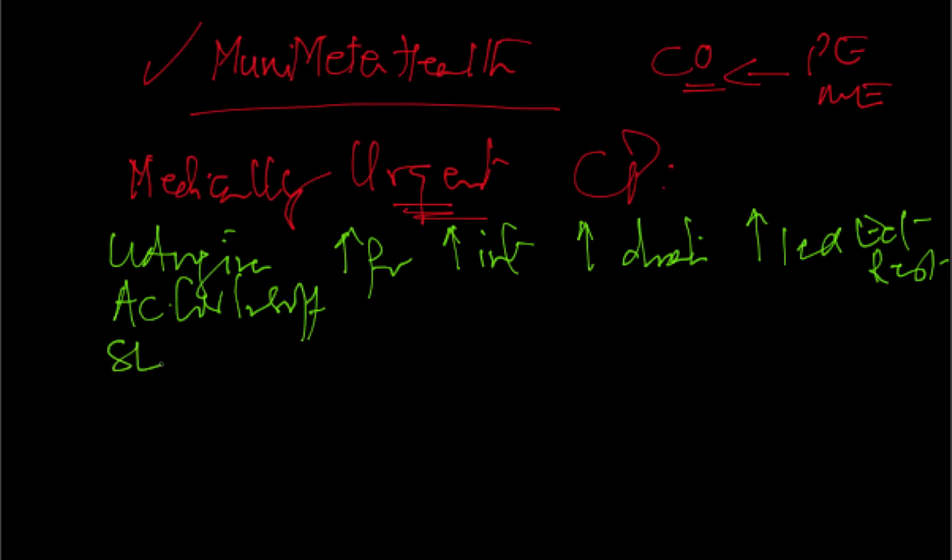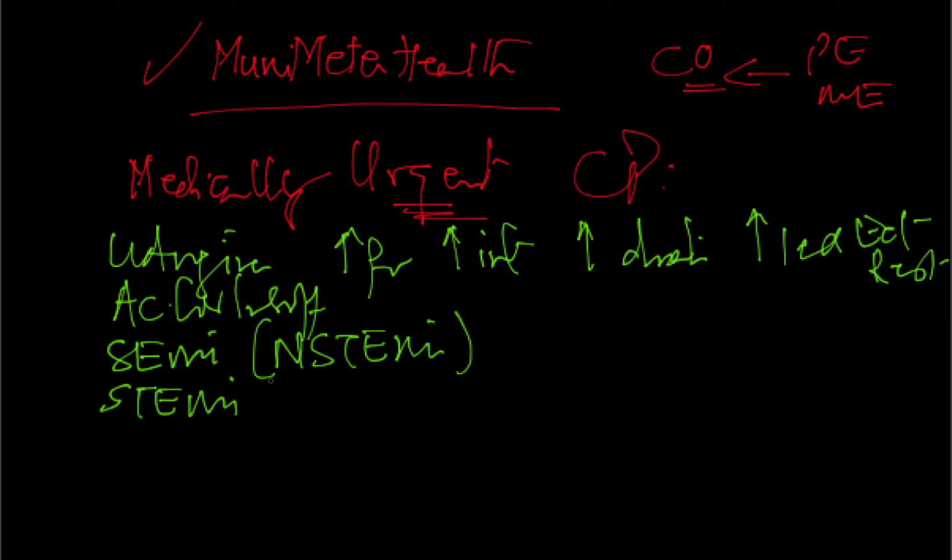Non-STEMIs, which are called subendocardial myocardial infarctions. In good old years, we used to call them that, but now they are called non-STEMIs. That means there is no elevation of ST segments, and therefore they are non-STEMIs. And then you have STEMIs, which are the real culprit, I guess. So an entire through and through myocardial thickness of the entire wall has been involved. So therefore they are ST elevation MIs, and they are also the acute MIs, we used to call them.